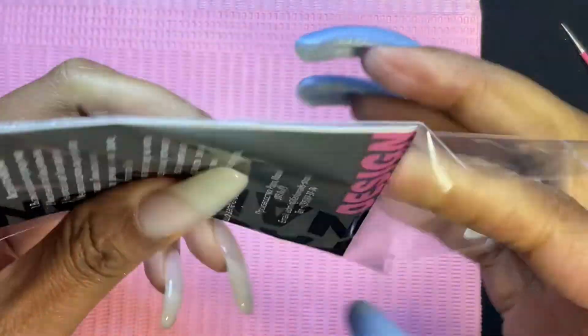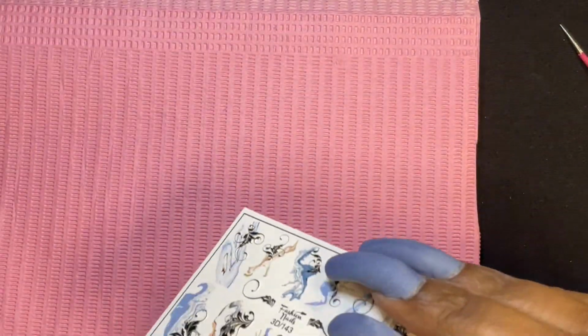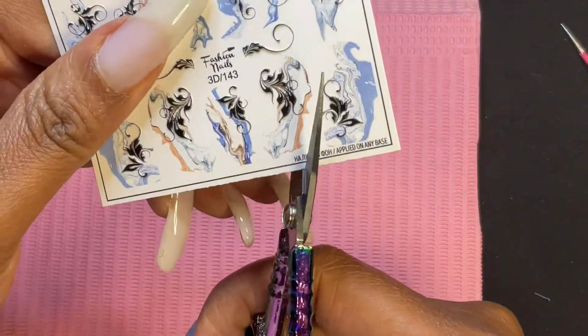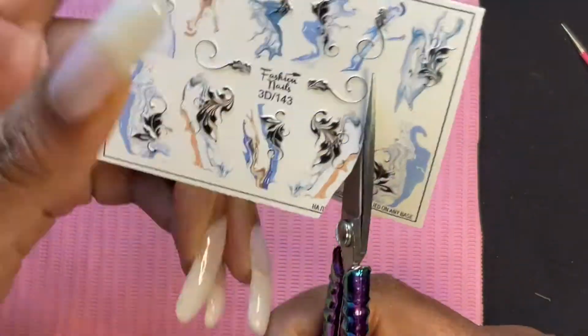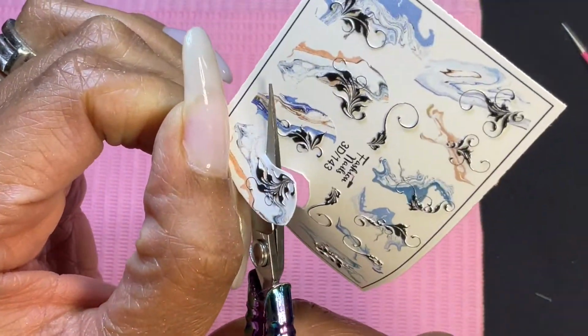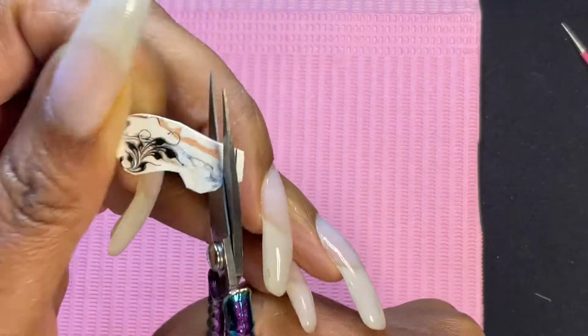I think I got these off of Etsy, and I remember I had some with some blue in there, and I thought they went perfect with the color from the Gift of Revel for the month of February. So I'm just cutting those out as close to the decal as possible. I will then place them on the tattoo towel that has a waterproof backing on those, and spray them with